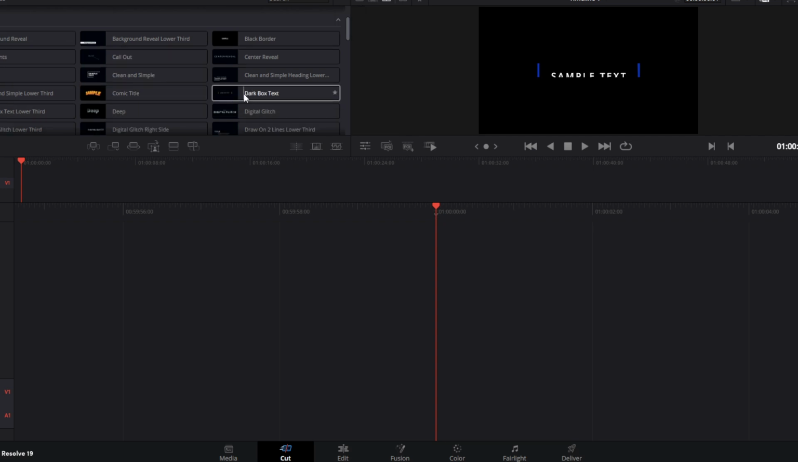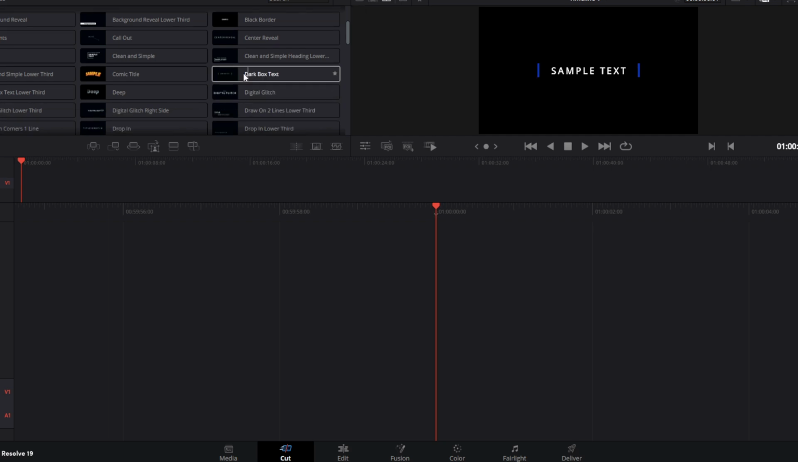Like here is the dark box text. Here you can see the animation will look like this. It's pretty cool, I think, and it will actually pop up the text on your screen. So you can go with this one, and it will add the animation with that. Or also you can